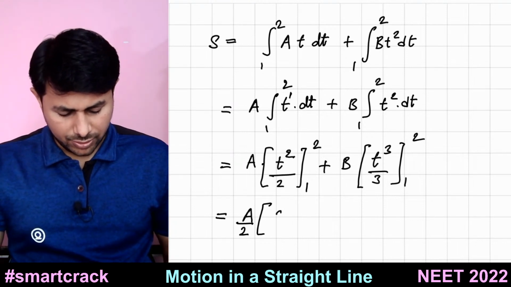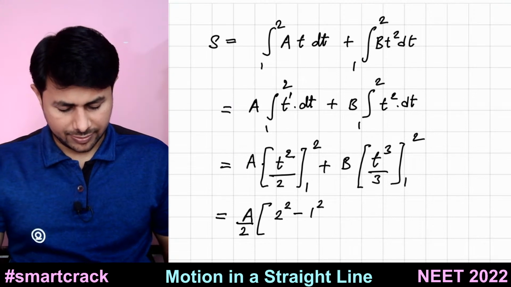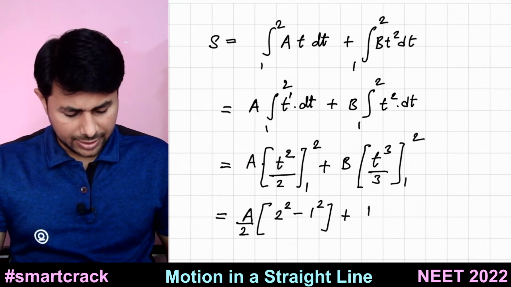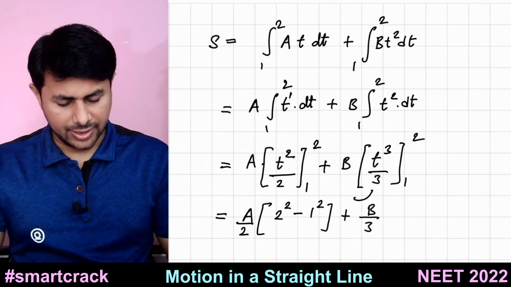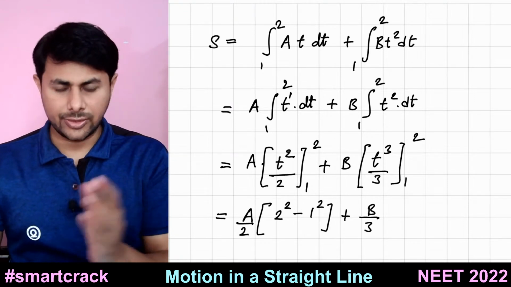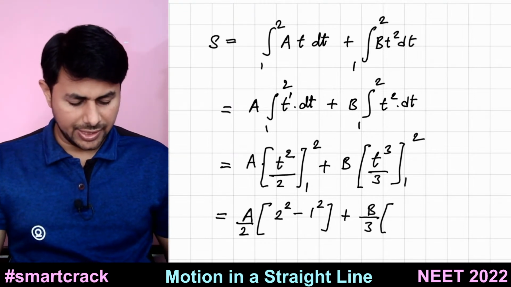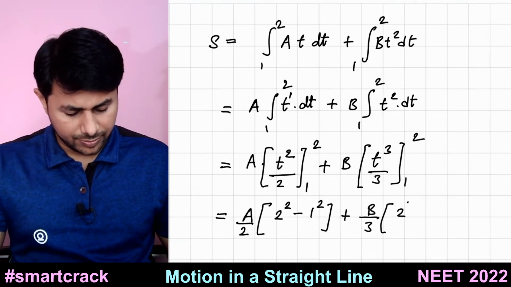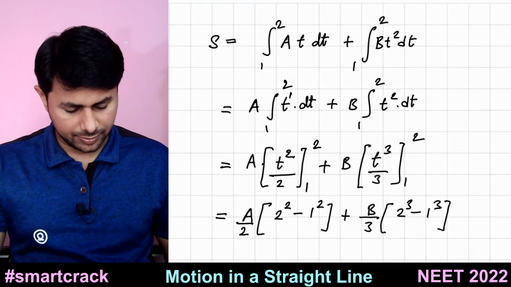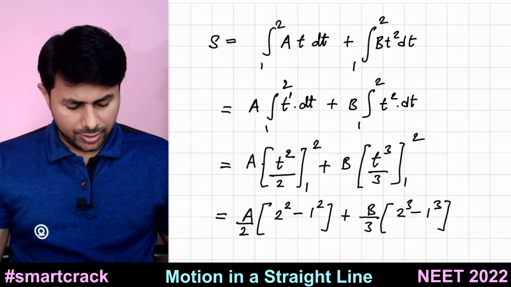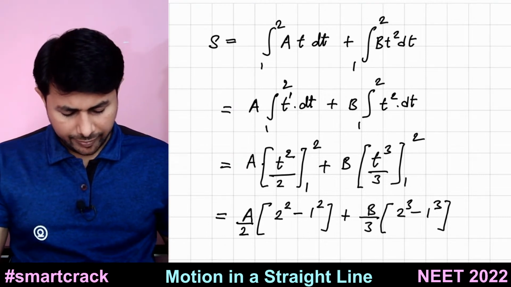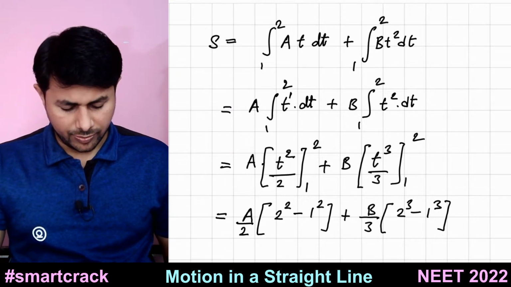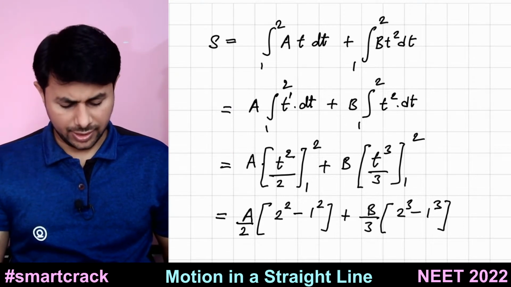Okay, 2 square minus 1 square from here, and it is b by 3. We are taking this 3 outside, so it is t cube. Okay, and our upper limit is 2, so 2 cube minus 1 cube. Okay, so it is what? 2 square is 4, 4 minus 1 is 3, 3 by 2